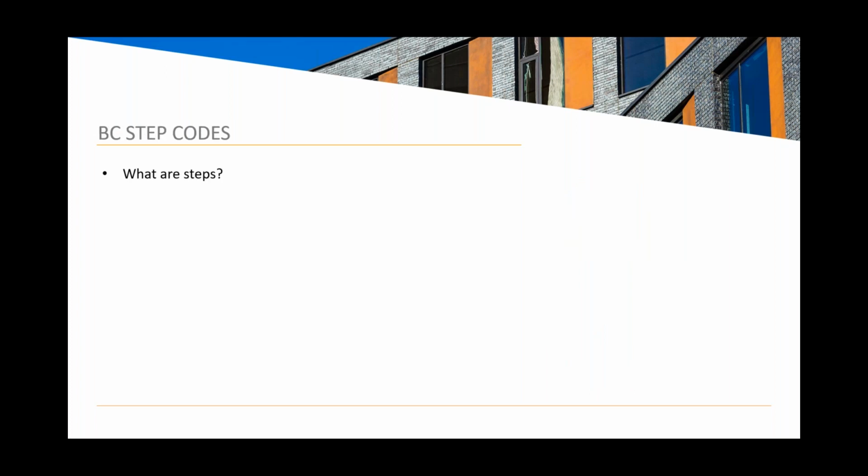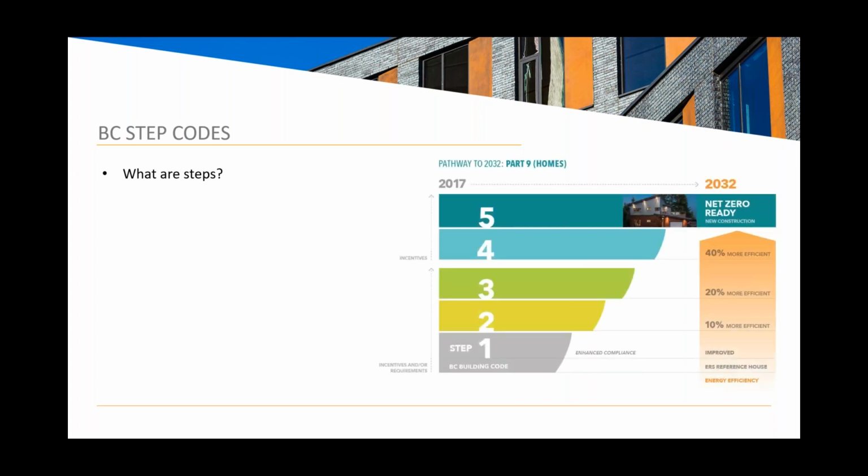So let's look specifically at the first of the two step codes, and that's the BC Energy Step Code. So what are steps? And Seattle's code actually has this too, they just don't call it steps. The steps in the BC Energy Step Code are levels of energy efficiency, which limit the amount of energy used per square foot per year, and they are increasingly a tighter and smaller limit. So from a base perspective, a built-to-code building, at the year this step code was introduced, there was a reference house created as a base case, and then each individual step is an improvement on that reference house base.